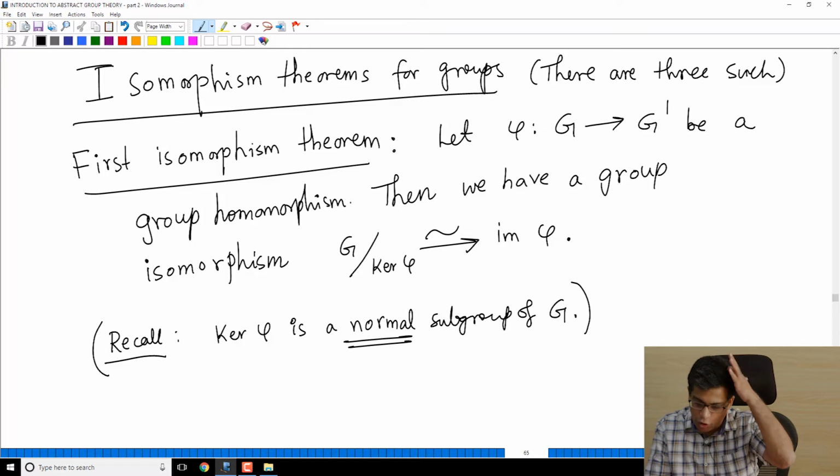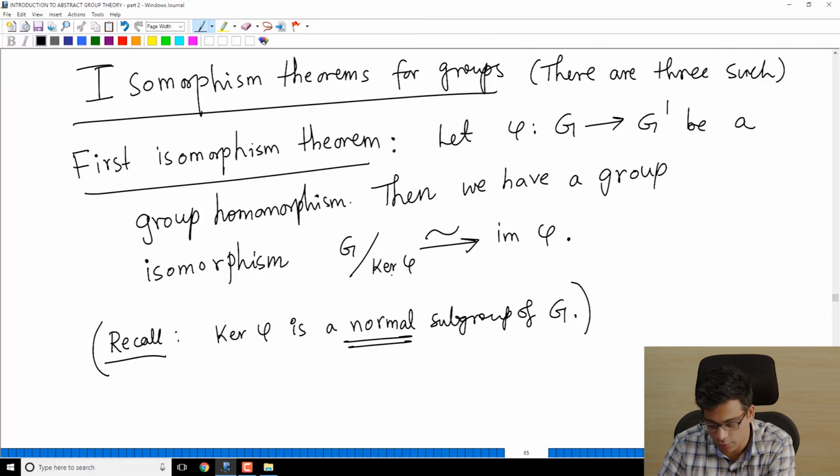This should remind you of a problem that we have solved in an earlier video where we have shown that order of G is equal to the product of order of kernel phi and the order of image phi. That is just a purely set theoretic statement, and that required you to deal with a finite group, because the number of elements of G needs to be finite for that statement. It is the number of elements of kernel phi times the number of elements of image phi. But this is a very general result. This has nothing to do with finite groups. And here we are only talking about isomorphisms. In particular, the problem follows from this if you think about it. Because these two are isomorphic groups, the orders are the same. And order of G mod kernel phi is order of G divided by order of kernel phi.